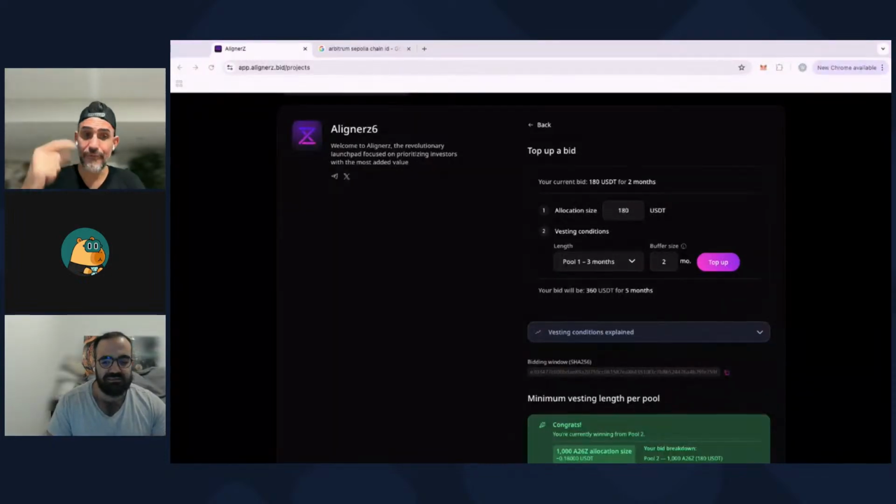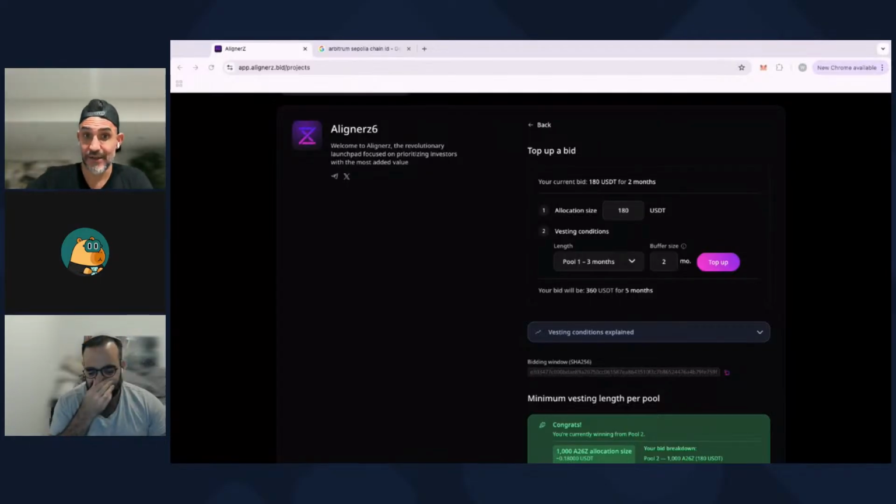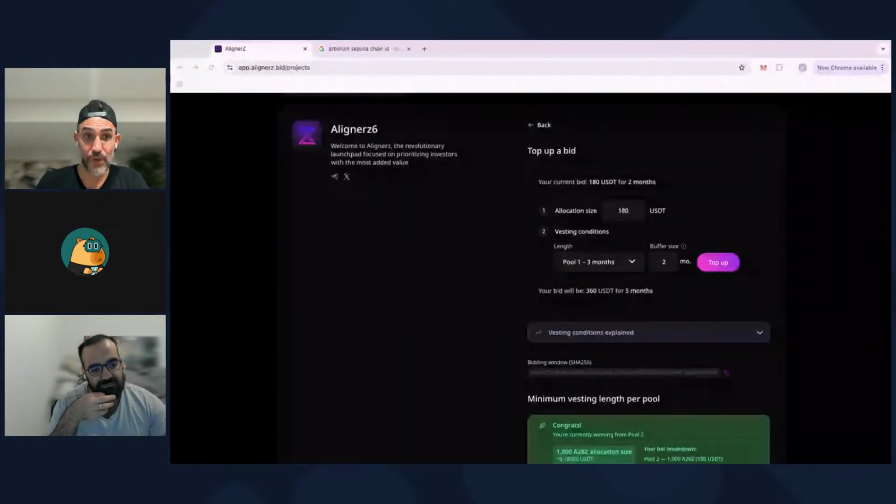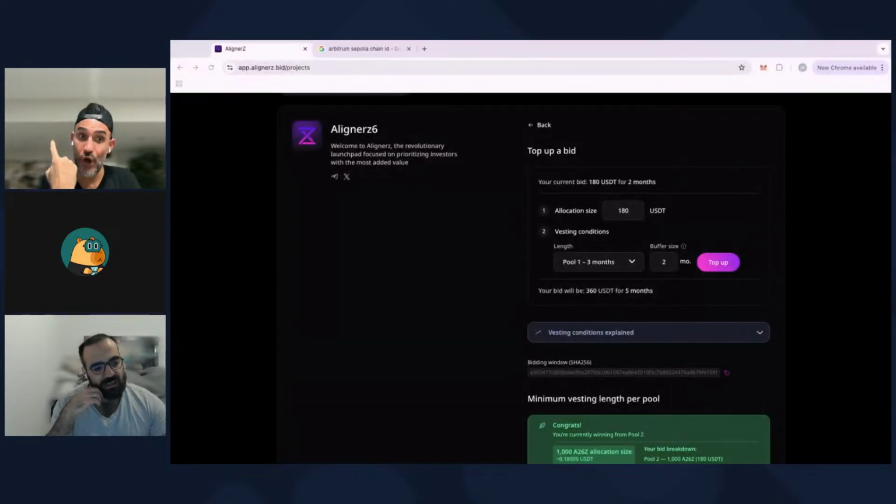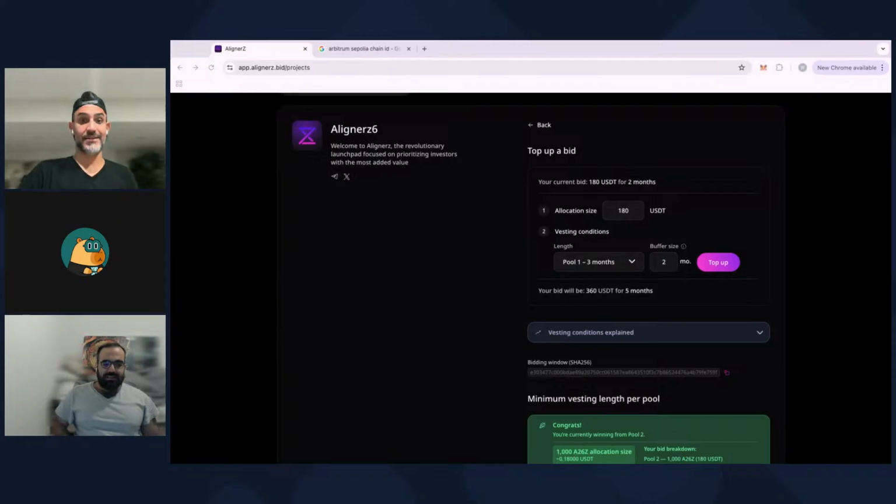Every time you place a bid, it's either for a longer vest or you want to allocate more money, but in the end it's one bid. You can't split it up into chunks, like this little chunk here and that little chunk there. I'm playing one hand here. That's exactly it.